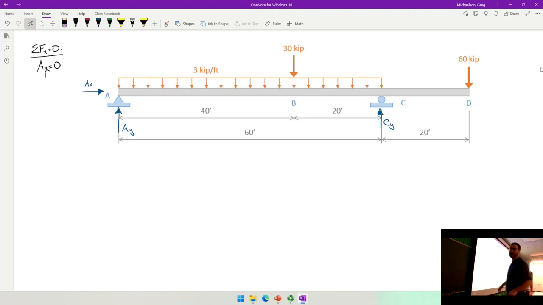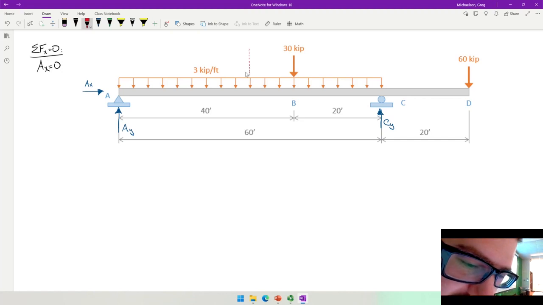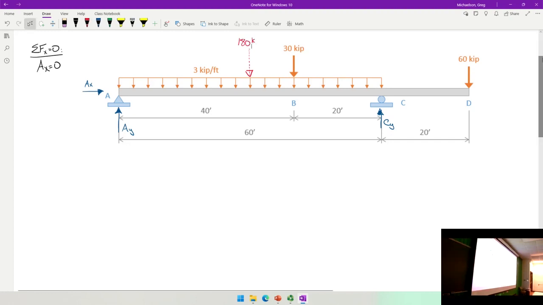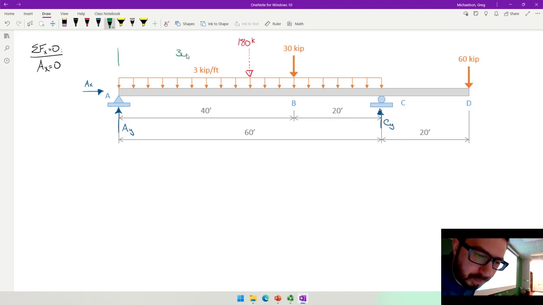So what I'm going to do is place a dashed line load about right here, and let's put 180 kips, and let's define that as 30 feet,